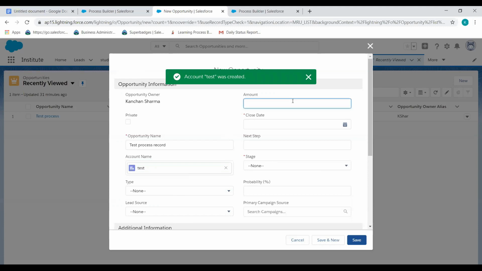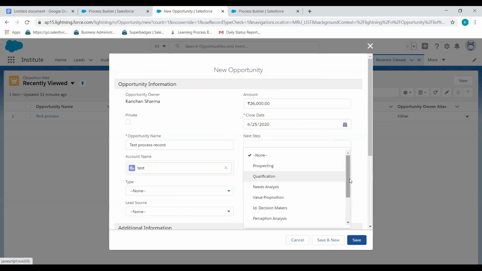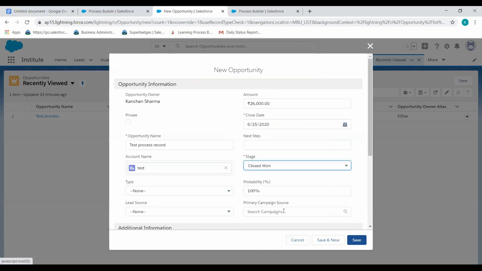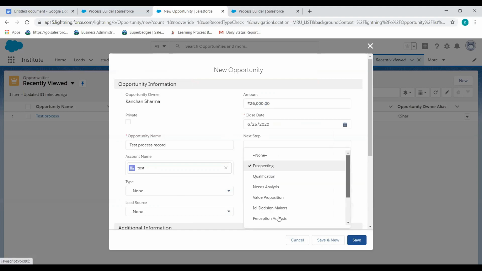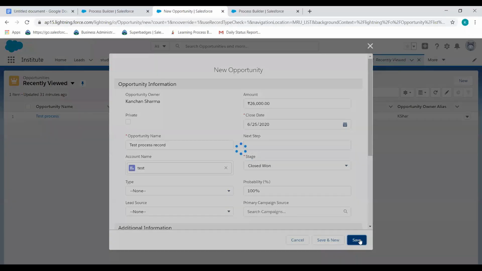I will choose amount greater than 25,000 and stage should be closed one. These are our requirements: stage should be closed one and amount should be greater than 25,000. Then a contact record will be created. So let's see.